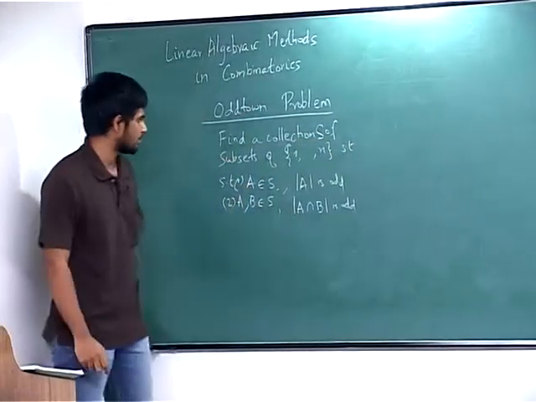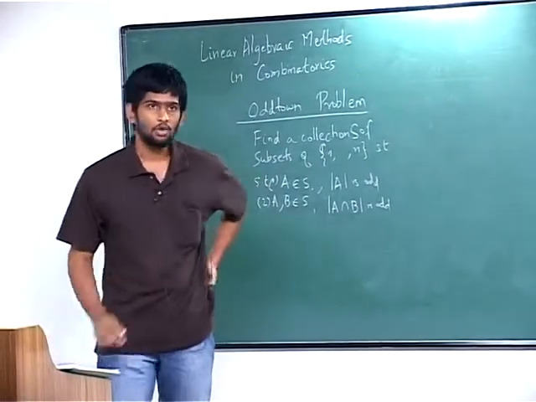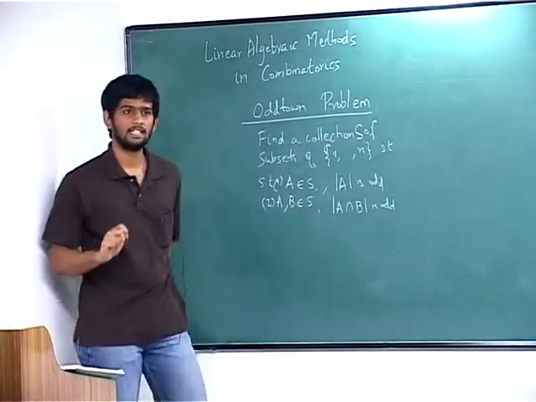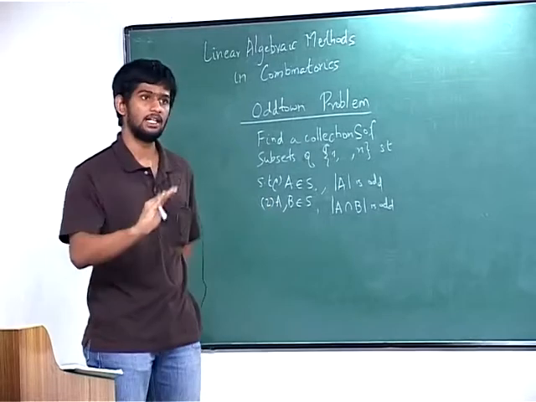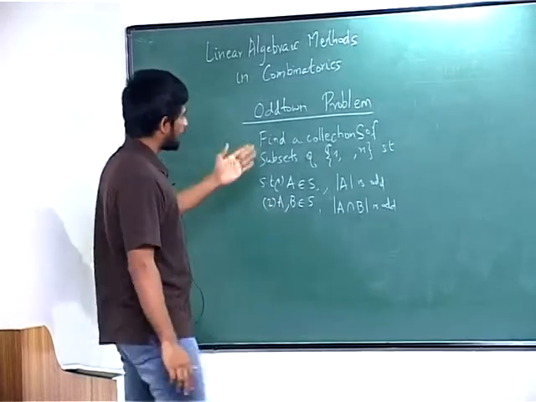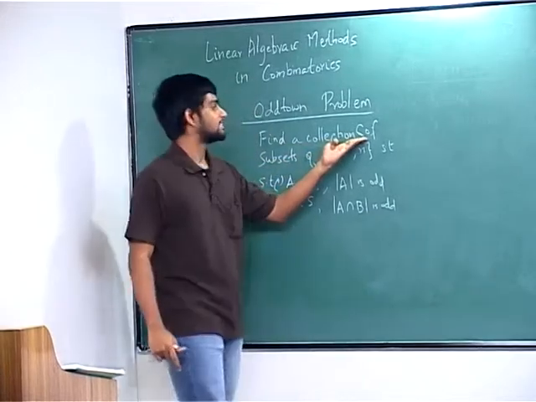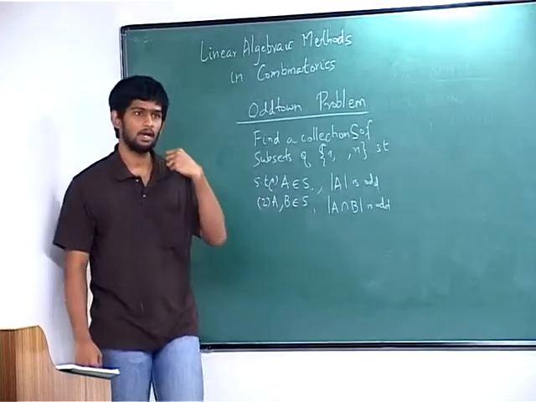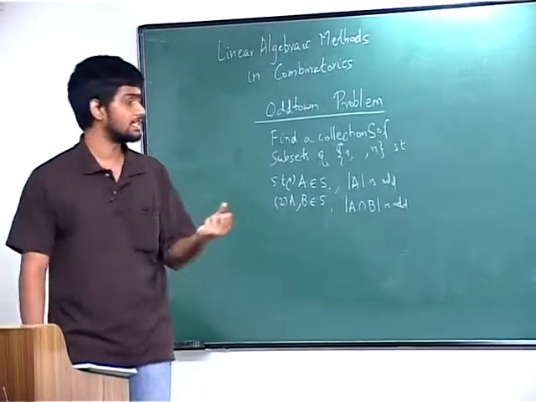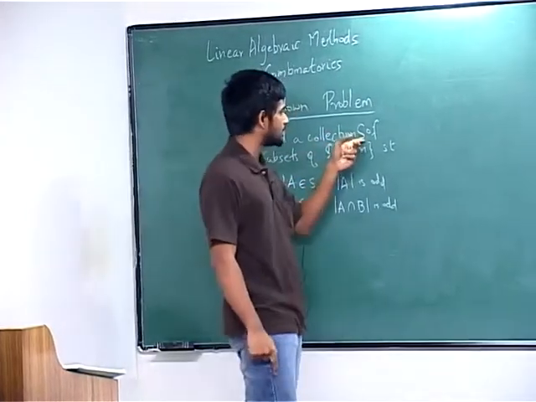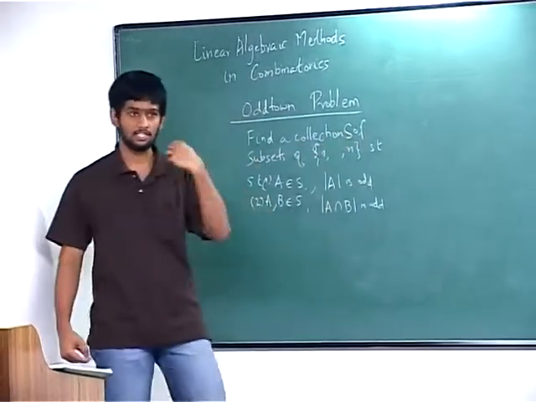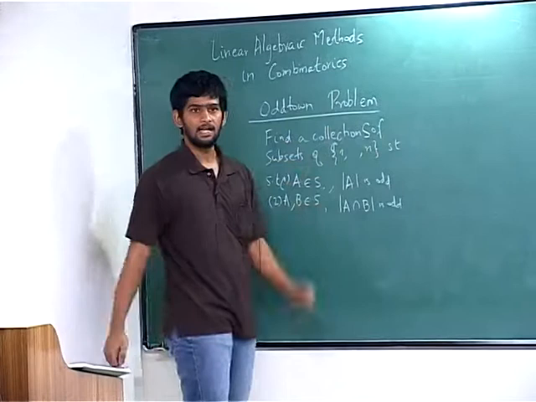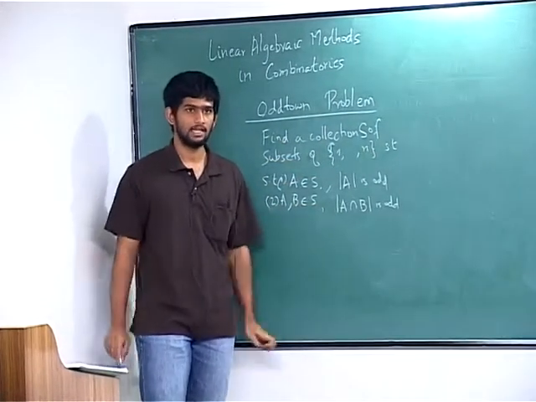Okay. So that is the idea here. You want to associate a set of vectors to these sets in a suitable vector space and try to argue that these vectors are actually linearly independent. That will mean that if all the vectors corresponding to these sets are linearly independent, then you can have at most the dimension many of them. You can't have more than that. So suppose you are able to select a small dimensional vector space and associate vectors of that vector space to this set S, such that these vectors are linearly independent, then you can say that the maximum collection you can have is the dimension of the vector space.